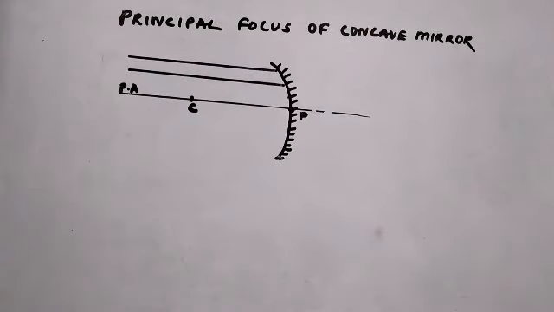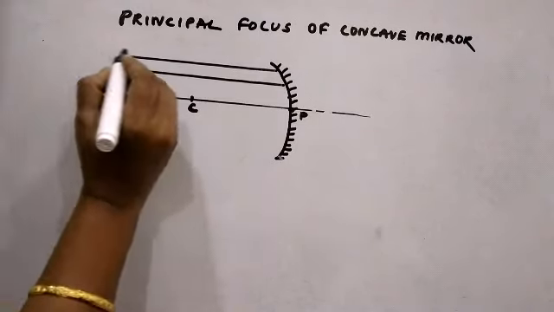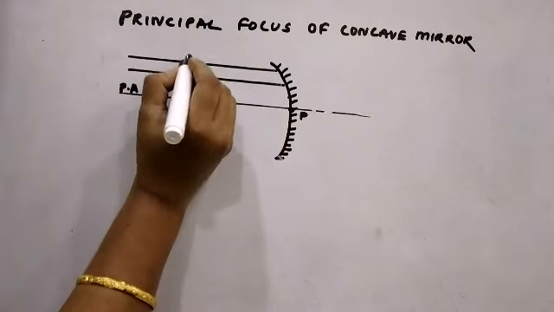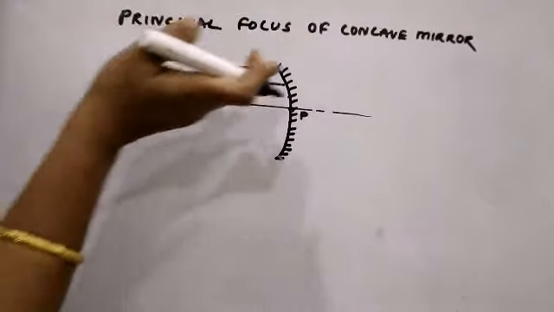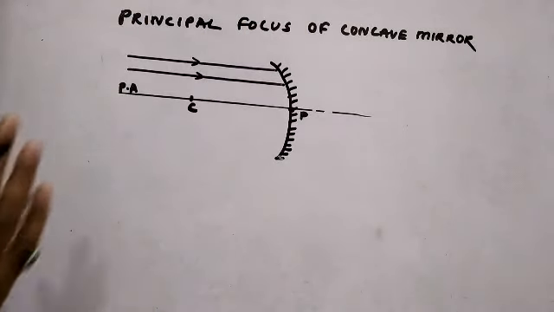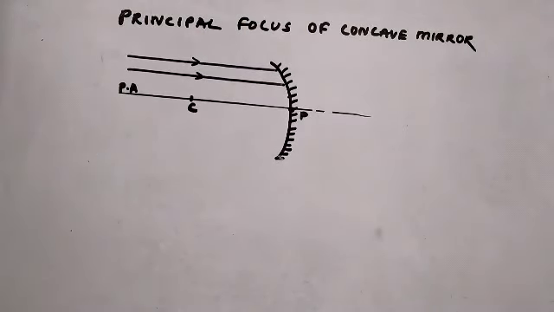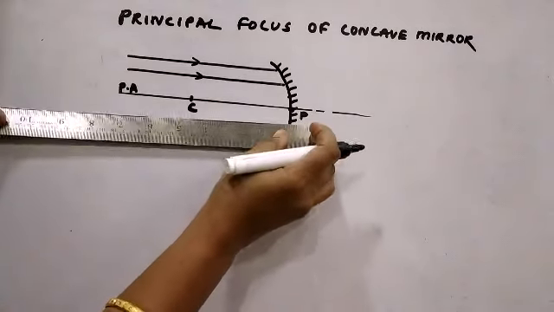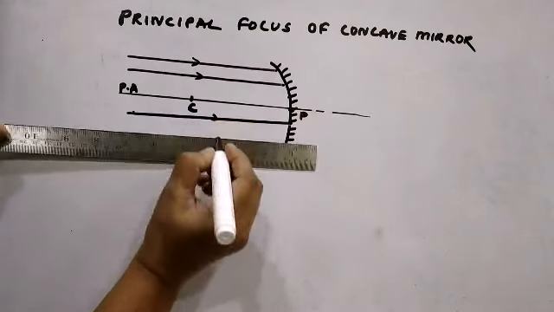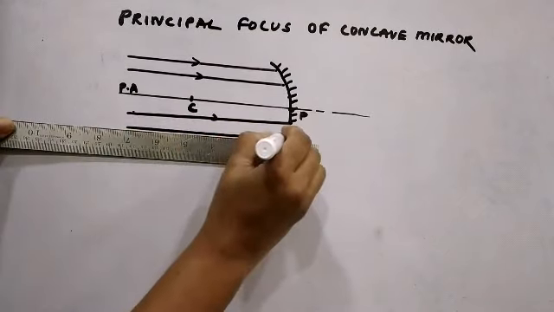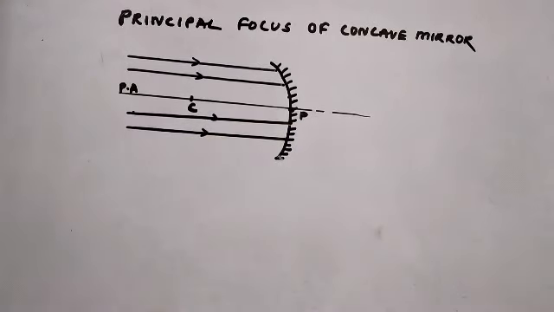Now whenever we are drawing ray diagrams, we have to show the direction of the ray of light, which is very, very important. So this is the direction in which the light ray is traveling. I am going to show an arrow mark because the incident ray is falling on the mirror. I have shown two incident rays which are parallel to the principal axis and falling on the concave mirror. I am showing another two incident rays parallel to the principal axis and incident on the concave mirror.